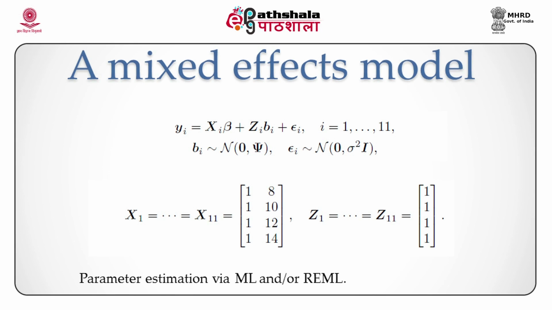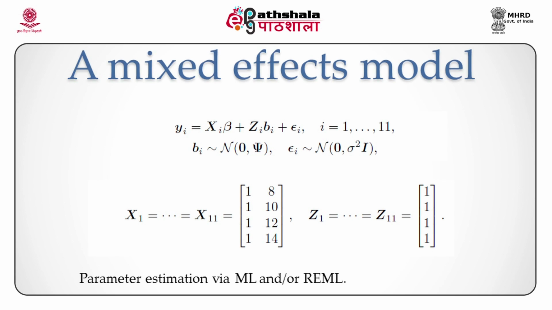Parameter estimation can be done by maximum likelihood and/or by a related technique called restricted maximum likelihood. In fact, it is common to estimate the fixed effects parameters beta by maximum likelihood and all parameters related to the variances by restricted maximum likelihood. To know more about this, you are referred to the modules on longitudinal data analysis. This is a quick glimpse into the fact that the mixed effects model can quickly be scaled up to handle